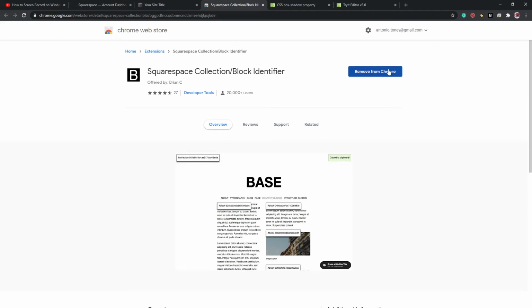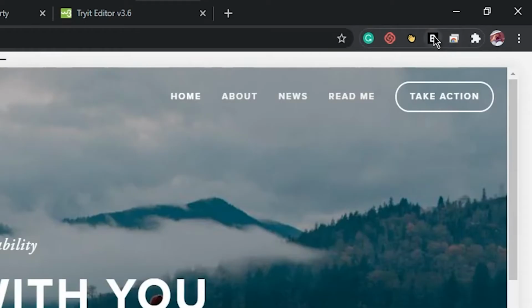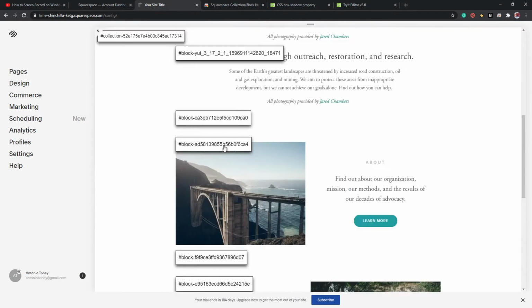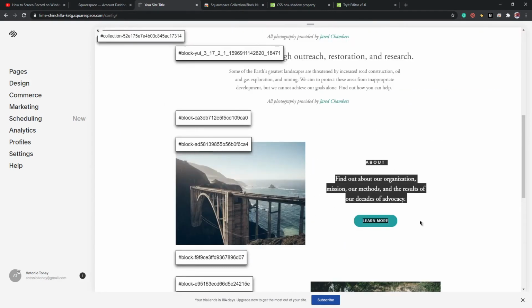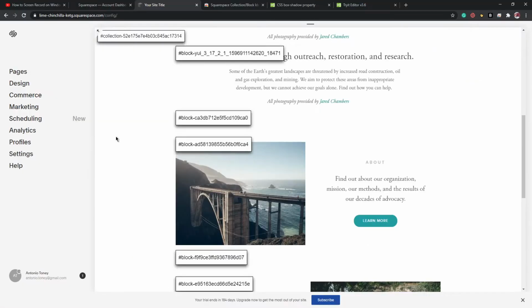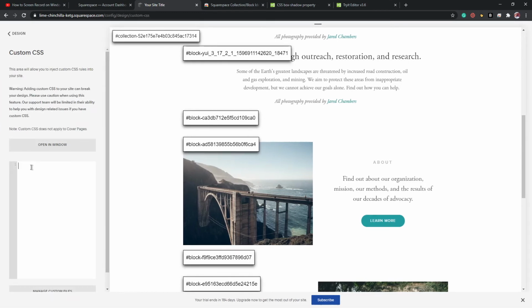But once you've installed it, this little B will show up in your toolbar up top. And if I press this button, it'll show me a bunch of different little blocks. If we wanted to add some custom code to this specific block, we would choose this piece of code. And when you click it, it'll show this little thing up here, copied to clipboard. So now all we have to do is go to Design, Custom CSS, and then Control V, or right click,